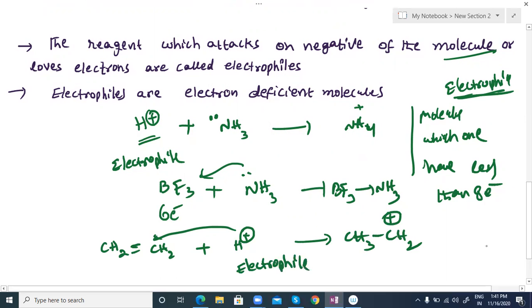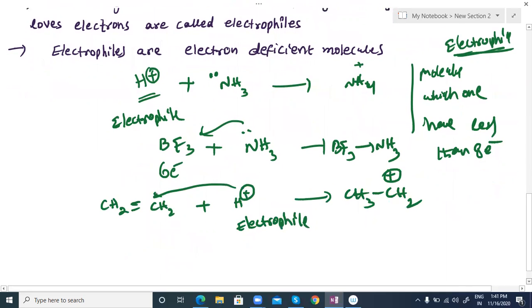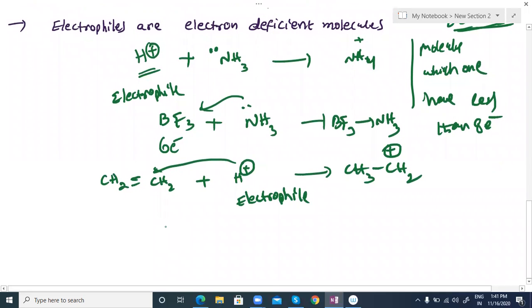So electrophile meaning, you got it first. Electrophiles are the electron deficient compounds which have fewer electrons. Those are electrophiles. Got it? Electron deficient compounds we call electrophiles. These are of two types: positive electrophiles and neutral electrophiles. Neutral ones don't have any charge here, but still have electron deficiency. I think you got the meaning of electrophile.